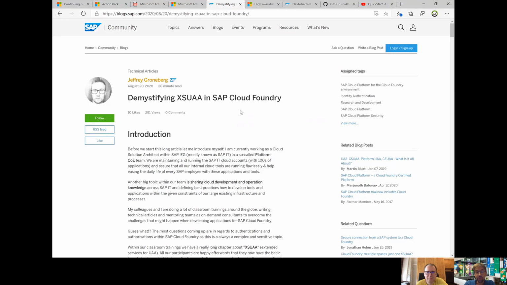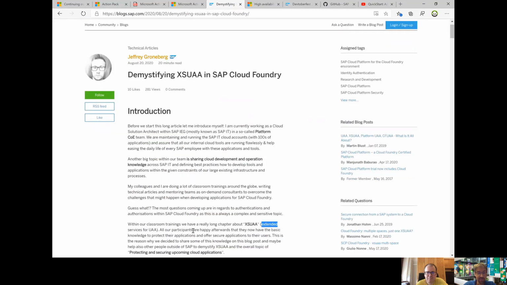But when it comes to the whole authentication, there's this XSUAA, the extended service for UAA that is available on Cloud Foundry. And if you get started with this, if you start to look at authentication, how can you protect your applications, how do you work with roles and with the different scopes, this can be quite confusing.